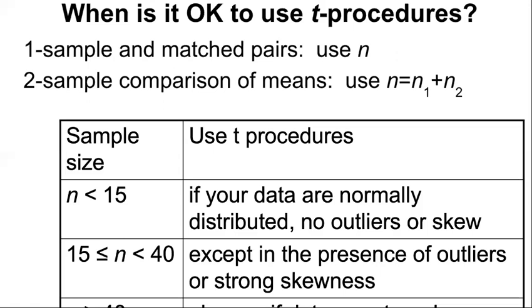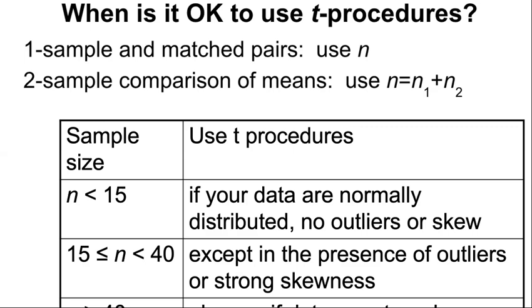When is it okay to use T procedures? For one sample T test and matched pairs T test, we use N as the population size. For a two-sample comparison of means, we use N equals the first population size plus the second population size. Using T procedures is heavily dependent on sample size. For instance, it is recommended that if your sample size is less than 15,